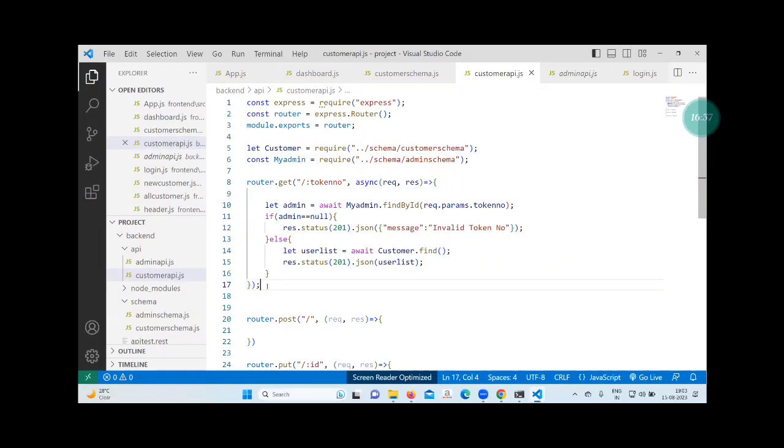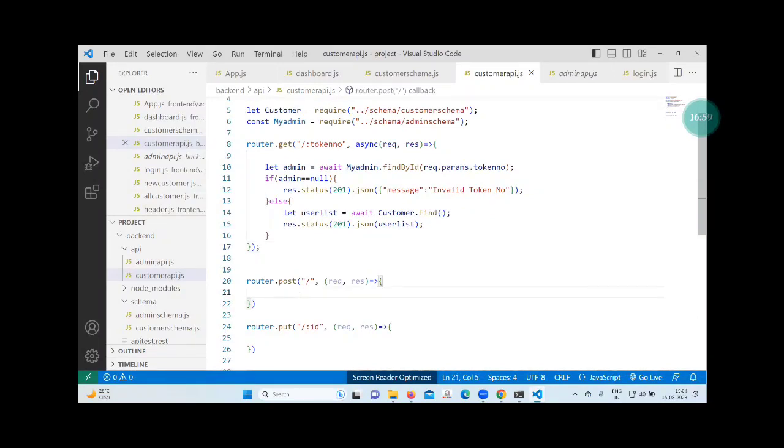Which condition? Next condition is not required in this. Okay, so this happened for the get purpose, right? Even also we can do it like this. The token number has come from the front end. The token number we can check in the back end. If any data is there with this token number, that we can give. Okay, that is ready. Come next and then go for the post part.